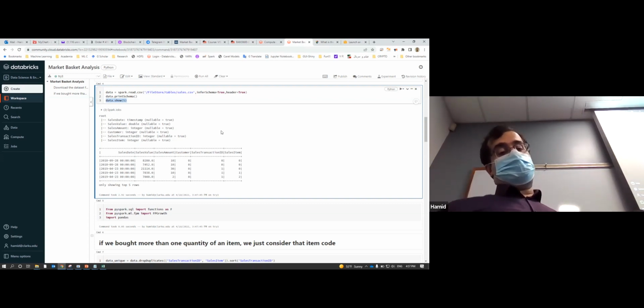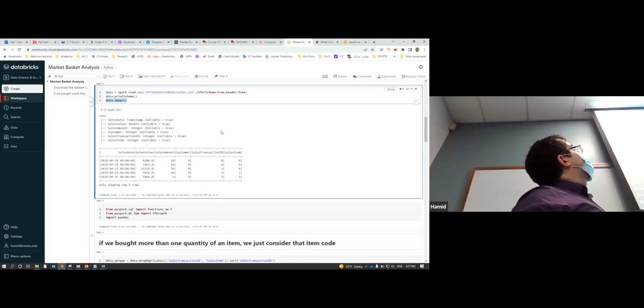Looking at the schema that Spark guessed for me, do you think there could be an issue here? As you see, it says this date is a timestamp. This could be good. Sales value is double. It's okay. Sales amount is integer. Still looks good. Transaction ID and sales item are both IDs, not integer values. So actually here, the guess of PySpark makes sense as integer, but it might cause problems later